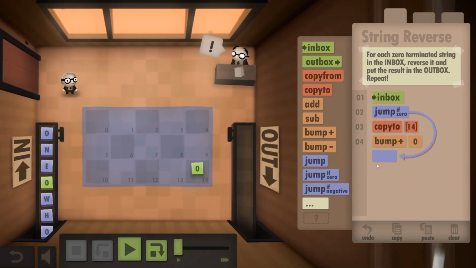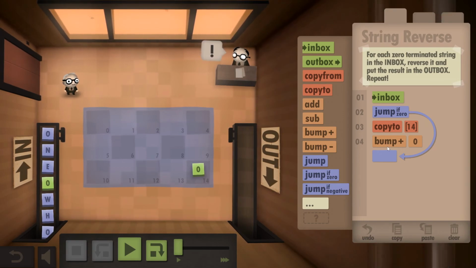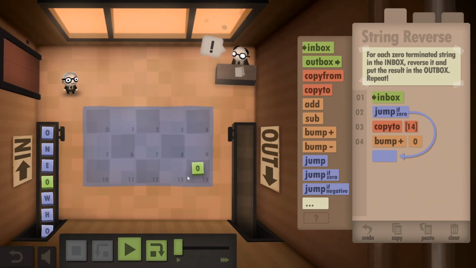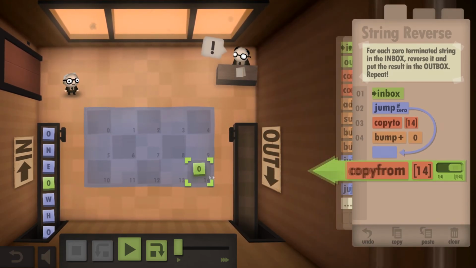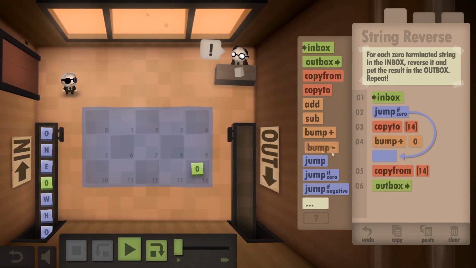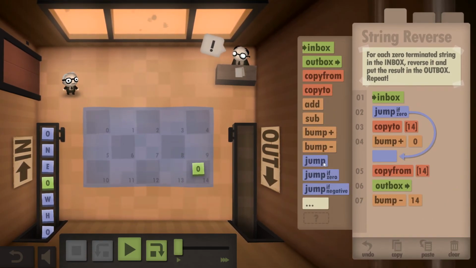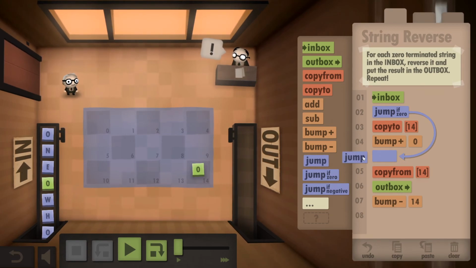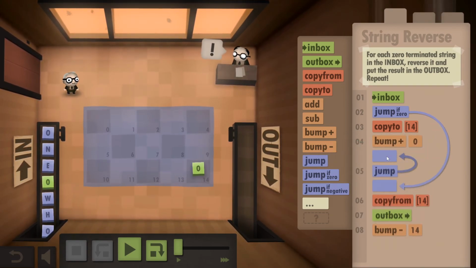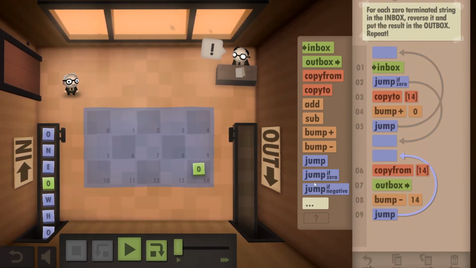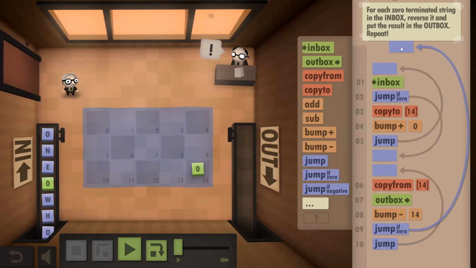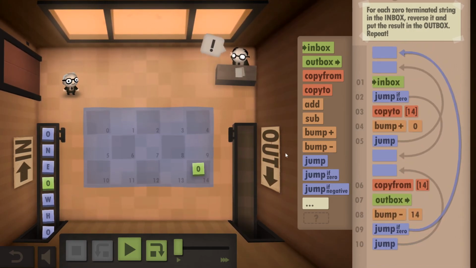Then once we hit 0, and this is really cool, since we've counted up the number of letters, we know now that whatever is stored in 14 we want to copy from indirect, and then outbox it and bump down 14. And we want to do this until 14 is 0, at which point we jump back up to the top. So you can see